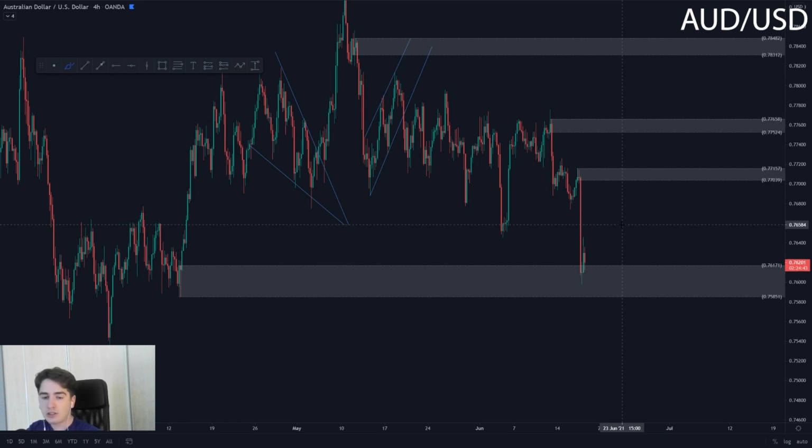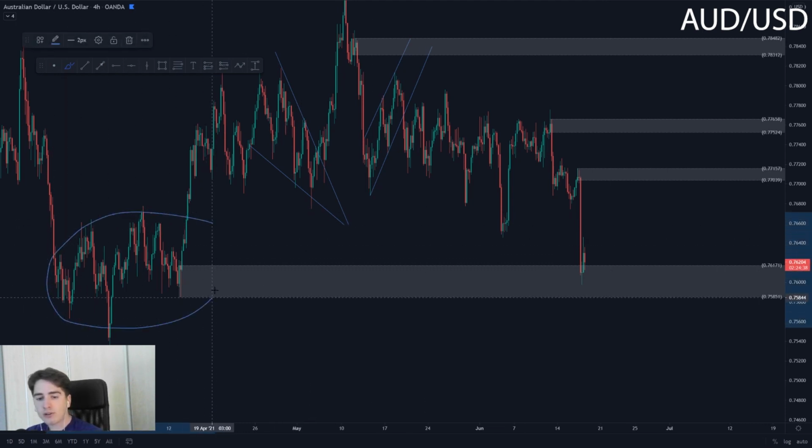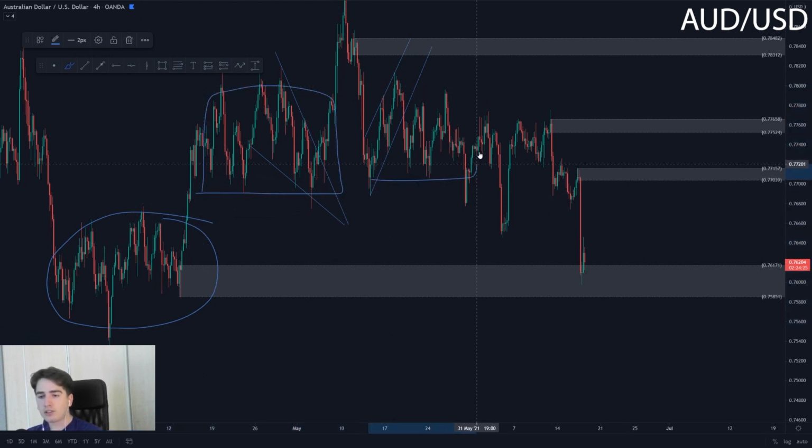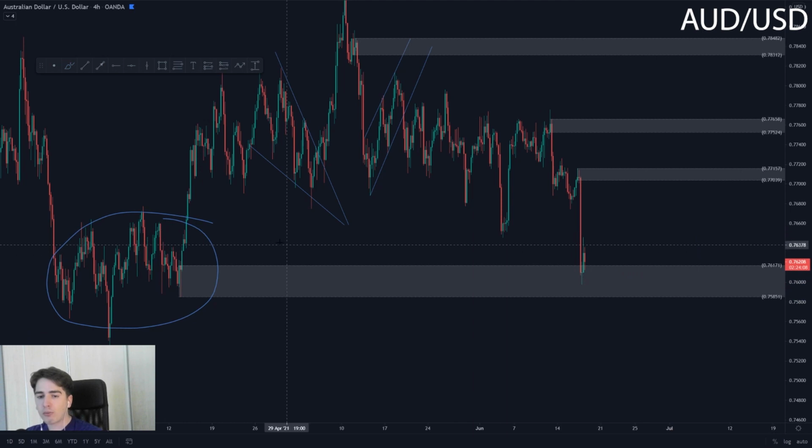So this would be a nice location for a pullback, as we are currently situated within this enormous area of consolidation. So what you'll often see within the market is that areas of consolidation get mirrored by areas of consolidation. So look at, for instance, price over here and price over here. You'll see consolidation results in consolidation, and what you'll see over here is that a clean move results in clean moves. So therefore I do expect the market to consolidate from here onwards, maybe tap a little bit lower, but I don't expect any major moves from here onwards.